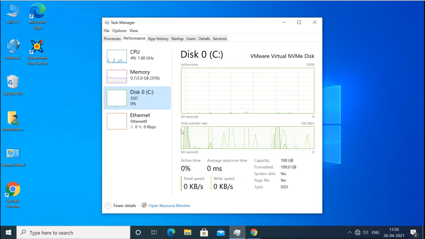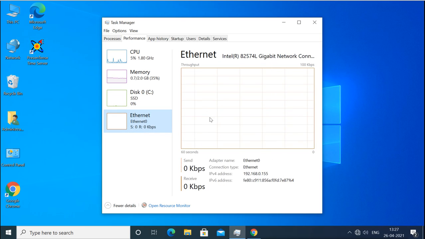Then it will show you the network status also, if it is in use. It shows your IPv4 address, IPv6 address, how much data you are receiving, how much speed you are getting, sending and receiving, and it will show you in the graph also.